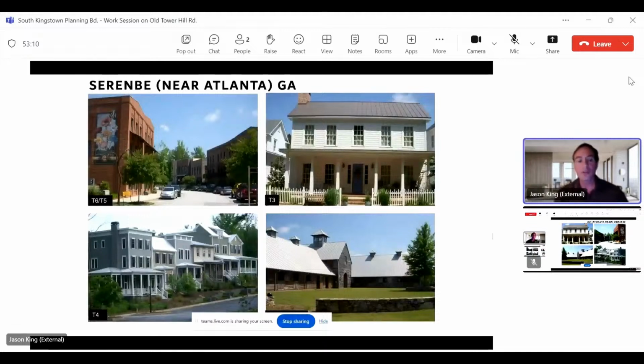So I'm going to go quickly through them. You see the T numbers, the transects, and it's the same formula as in Bristol. There's the dense area, there's the attached units, there's the single-family houses. So dense area, attached units, single-family houses, and then there's the open area. And what you're going to see in these pictures, though, is entirely new construction. So this is all new. It looks like it's been there for a long time, but it hasn't.